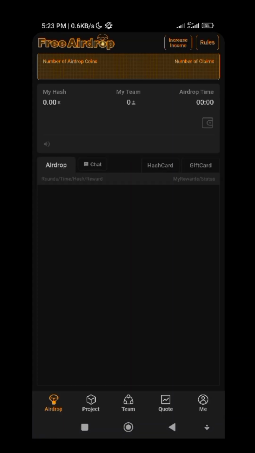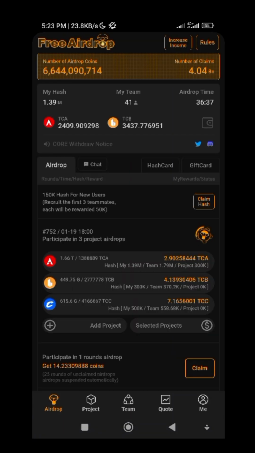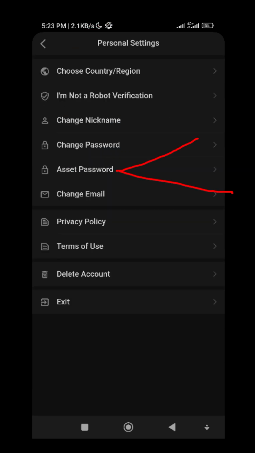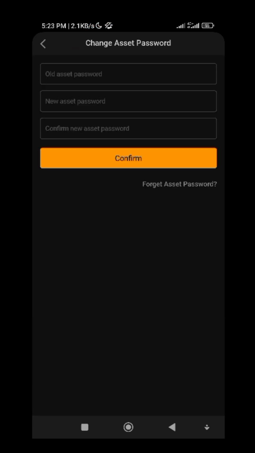The first thing you have to do is make sure you update your app on Play Store. Once you do that, click on me, click on your Gmail here, then click on asset password. If you are new to this, you just have to type your